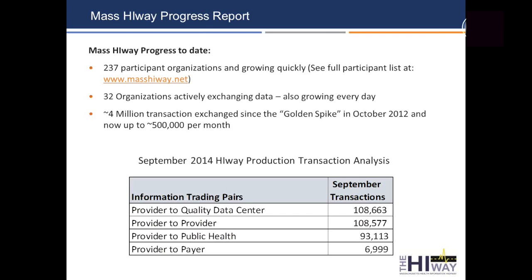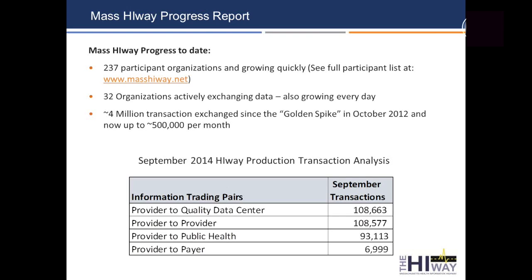Its use is still fairly nascent. There are about 32 organizations that are using this network very actively, and this is also growing every day. Those organizations are transacting roughly 500,000 transactions a month, and cumulatively, the HIway is up over the 4 million transactions